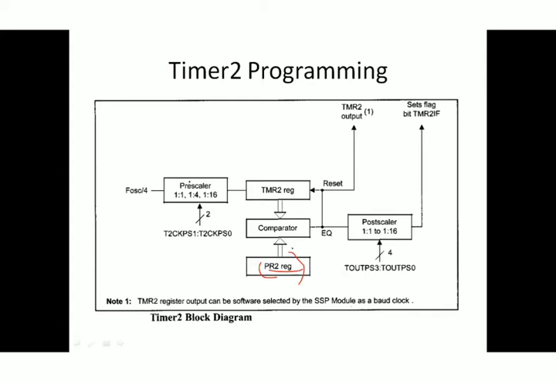This timer 2 has both pre-scaling and post-scaling options. You can use pre-scaling and post-scaling to generate a large time delay. If you use pre-scaling, the input clock will be divided. If you use post-scaling, the output flag can be delayed for 1:16 cycles. So you have a post-scaling option from 1:1 to 1:16. There are 4 post-scaling selection bits, so using these 4 options, you can delay the setting of the timer 2 IF flag.